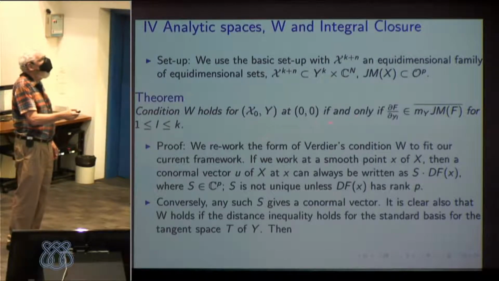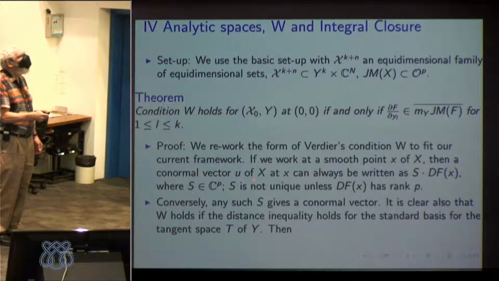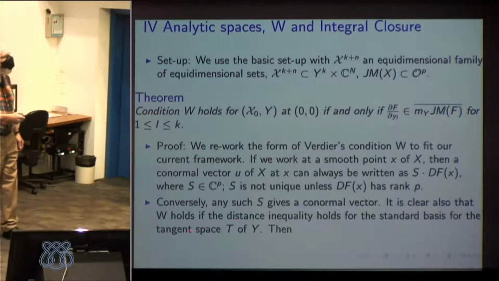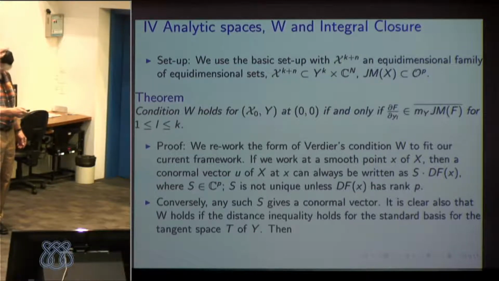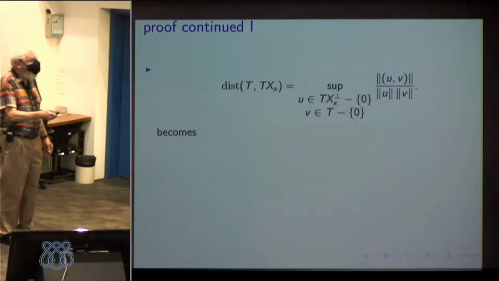What we're going to do is rework the form of Verdier's condition W to fit our current framework. At a smooth point of x, a conormal vector can always be written as S, some constant, times df of x, where S is in CP. S may be different, but this has rank P. Conversely, any such S gives a conormal vector. And it's also clear that W holds if the distance inequality holds for the standard basis of the tangent space of Y. Then this is our distance formula, and it becomes,